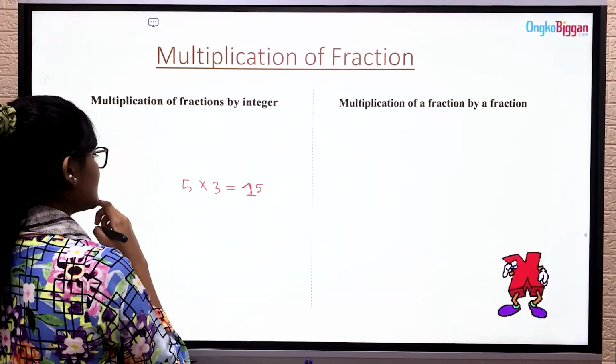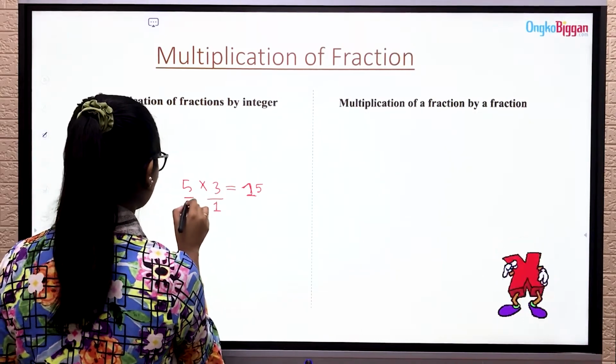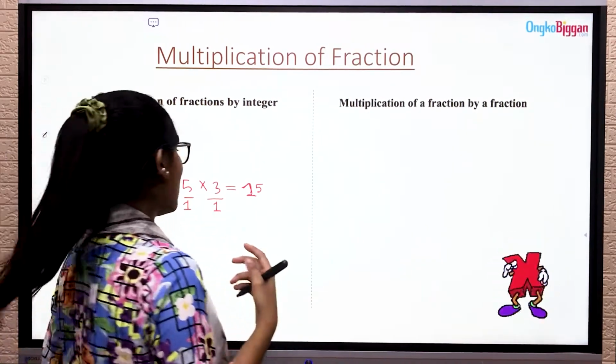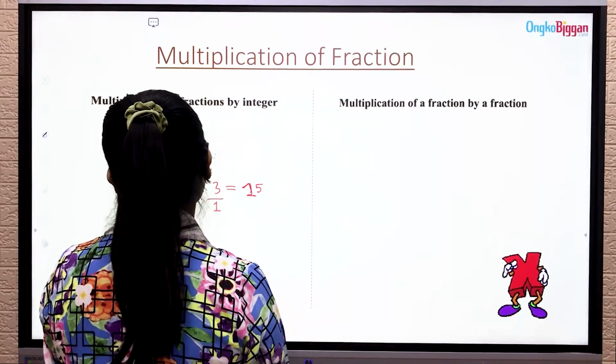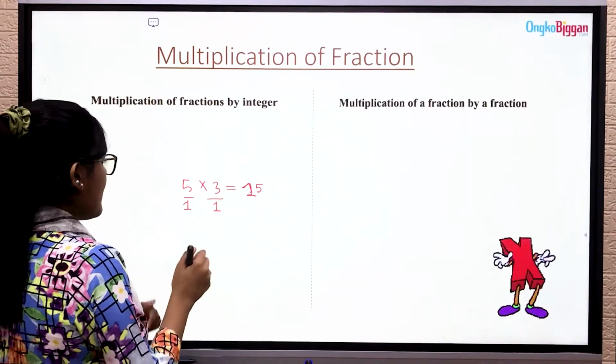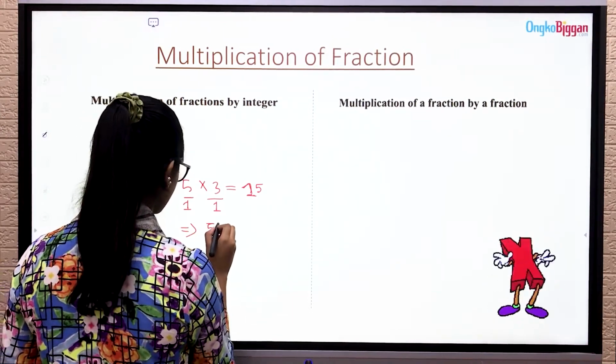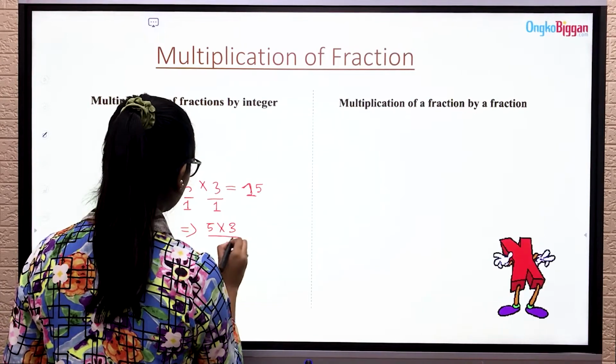But do you know, we have a 1 in our imaginary mind below the numerator. That means 1 as a denominator. So what actually happens is that 5 is multiplied by 3,